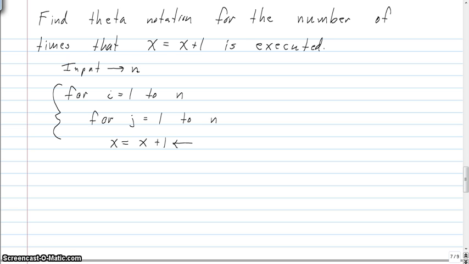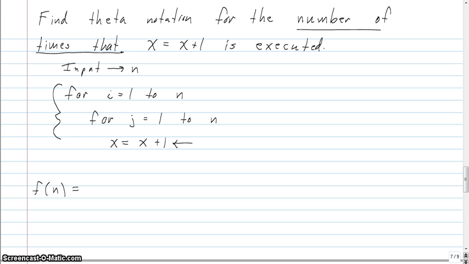Right? So we want to find a function of n. That's what we've got to do first. Find some function of n that represents the number of times that this statement is executed, and then we're going to apply what we learned about theta notation,